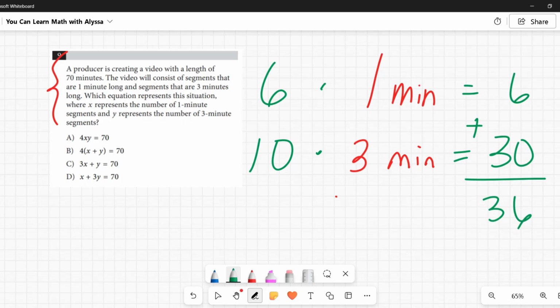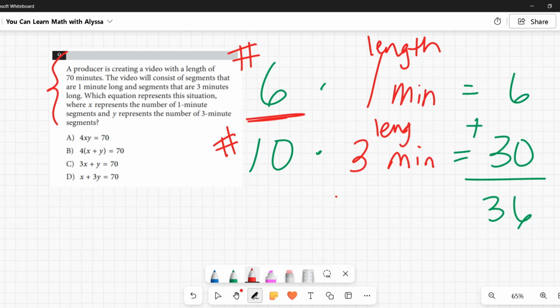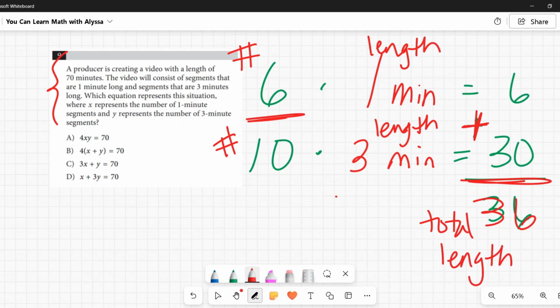So look at what we did here. What was the process when we knew what the numbers were? We took the number of segments, we multiplied by the length of the segment, and we did that for both. We took the number of segments times the length, and then we added them together, and that gave us our total length, our total time. Okay, so that's a real world scenario. Now let's look at our